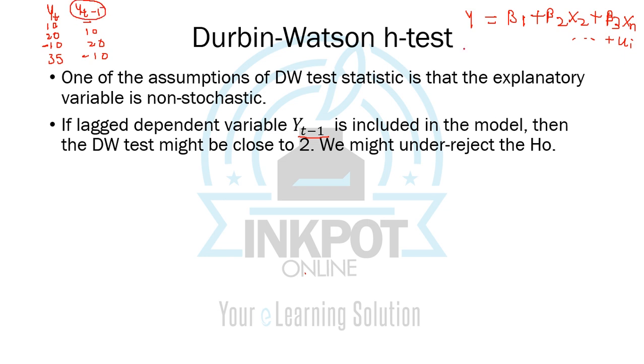The specification, if you include the lagged dependent variable, will look something like this: yt is equal to beta 2 x2t plus beta 3 yt minus 1. In such a case, again, we cannot apply the usual Durbin-Watson test statistic, and what we resort to is the Durbin-Watson H test. The reason we can't apply the usual Durbin-Watson test is that the d value might be close to 2,